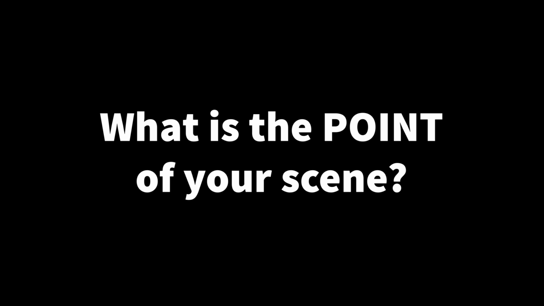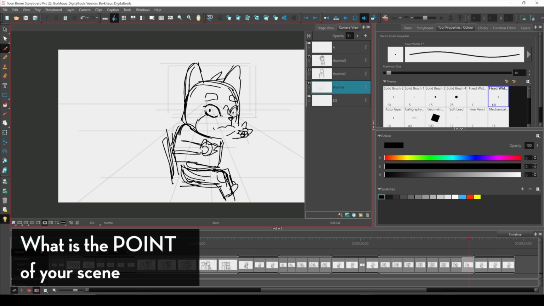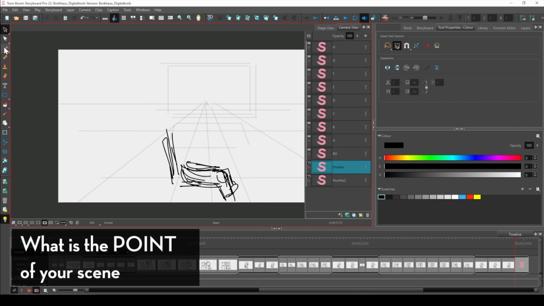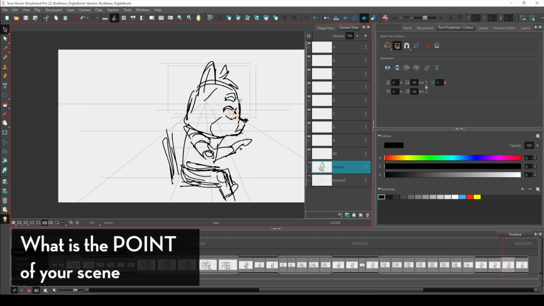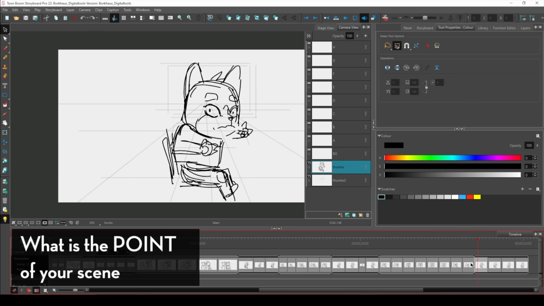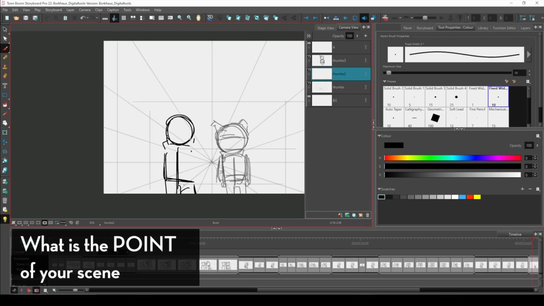Now, the first question I ask myself is, what is the point of the scene that I'm boarding? So this then introduces a bunch of other sub-questions, like what is the context or the plot point of the scene? What does it establish? Meaning, what is happening in the sequence that is story related, and how does this overall scene push the story forward? What is the overall purpose of the sequence? Like, what does it highlight or prioritize? Does it reveal a character motivation? Does it reveal a character trait? Or is it meant to reveal a very crucial plot point in this project? Does it highlight a really strong decision characters have to make that actually affect the overall plot and story?